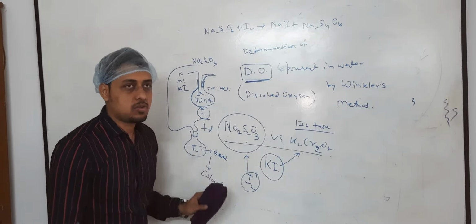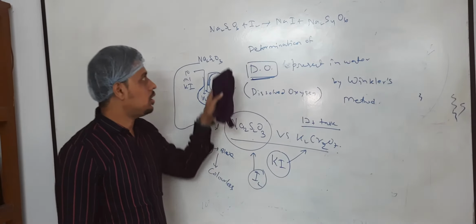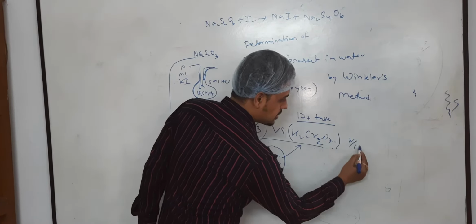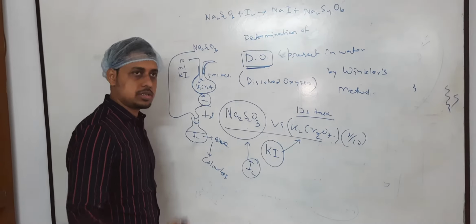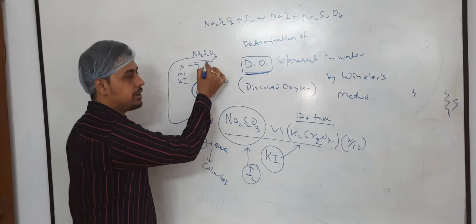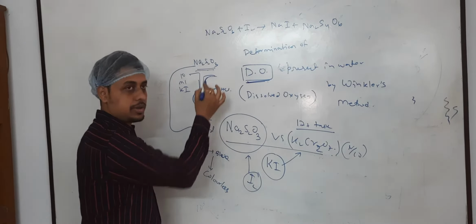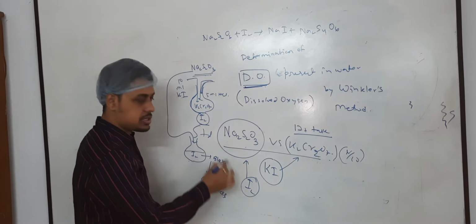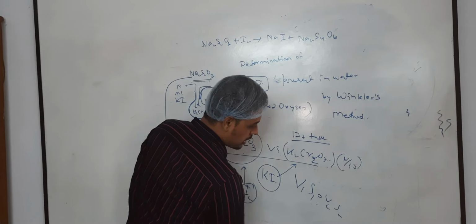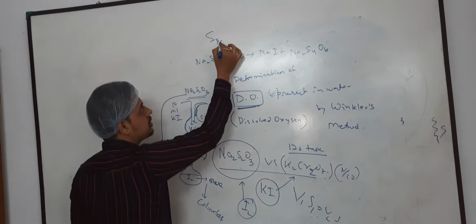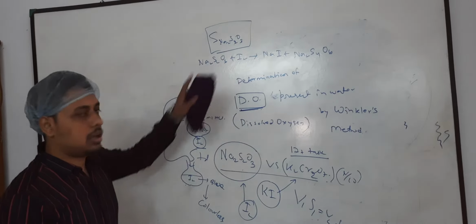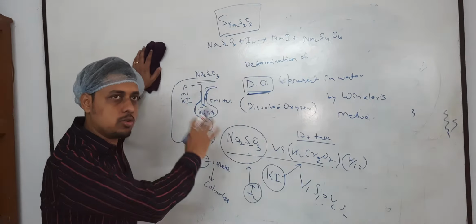Then we will simply calculate the concentration of sodium thiosulfate by applying V1S1 = V2S2. As potassium dichromate is a primary standard, its strength is N/10, which is supplied. After completion of this reaction we will have a burette reading, that means the volume of sodium thiosulfate required for completion of this titration. From that you calculate V1S1 = V2S2 to get the concentration of sodium thiosulfate. So this was our primary task, to calculate the concentration of sodium thiosulfate by iodometry.